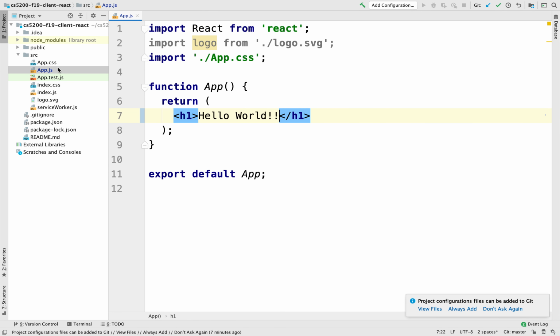So here we have a Hello World React application that we're going to be playing around with, and we would like to be able to access information from a remote data source. Okay? So to do that, the way React encourages you to build user interfaces is to build reusable components, right? And that allow you to encapsulate the user interface, the handling of events as the user interacts with the user interface, and also interact with remote